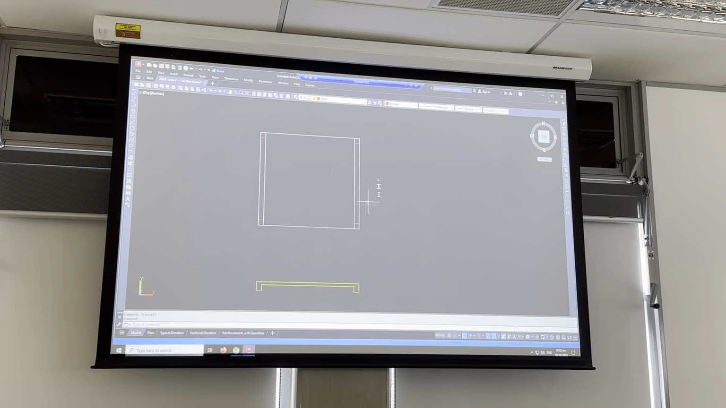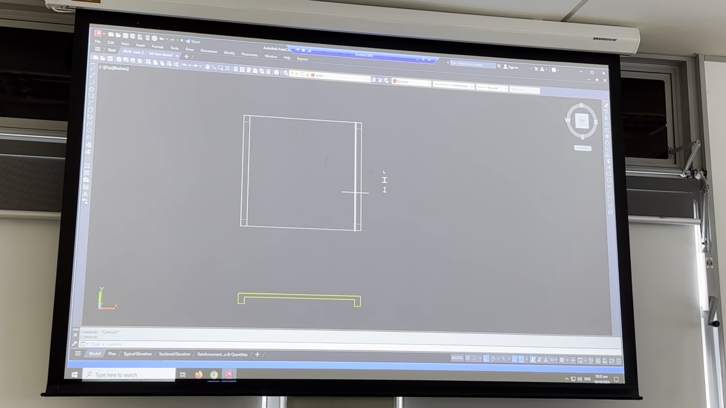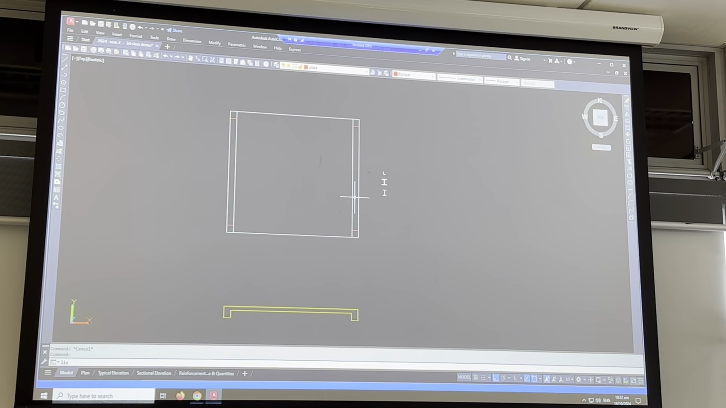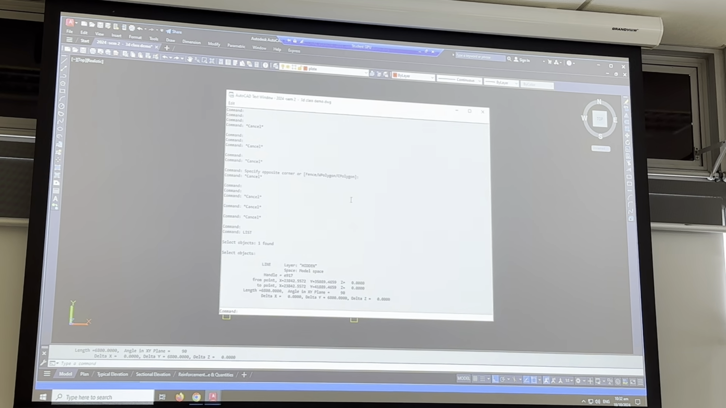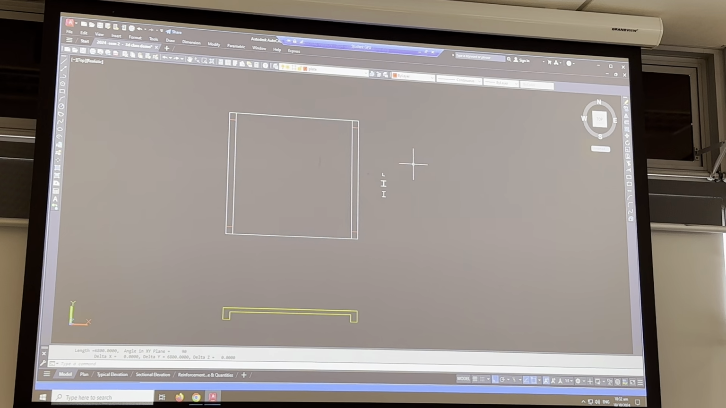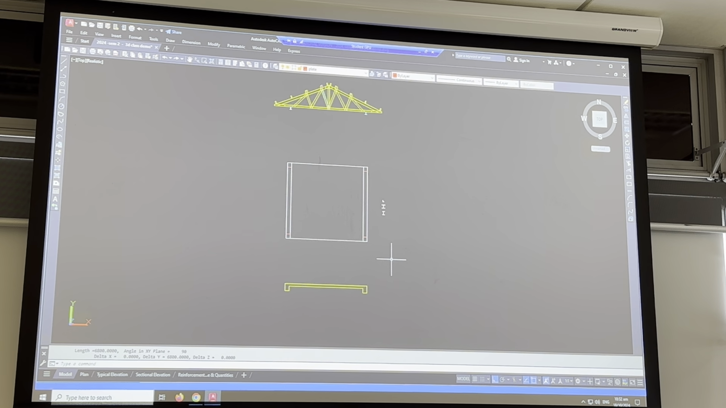How long is that by memory? I'll just list this. 400. No, the length of the slab is 6.8. 6.8. Yeah. Okay. That's good. 6.8 meters. Right. Well, if we go into our 3D views, we go View,